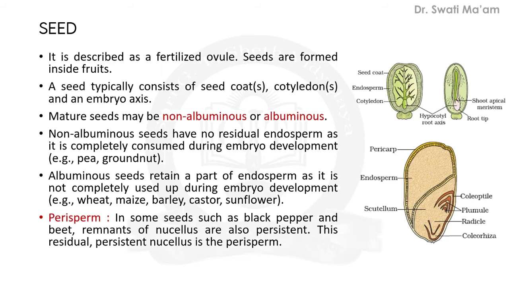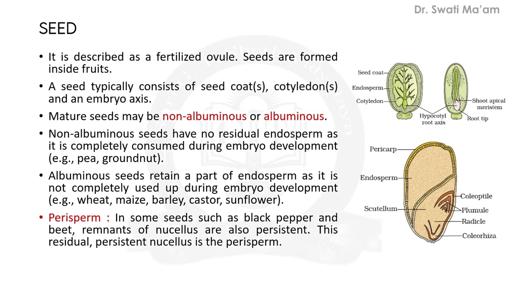Now here are the two different types of seeds. You have learned in 11th standard earlier about the structure of seeds. So basically a seed consists of seed coat, cotyledon and embryo axis. On the basis of cotyledons, two types of seeds are found: monocotyledonous seed and dicotyledonous seed. Dicotyledonous seed examples are bean or pulses seeds, and monocotyledonous seed examples are maize or any of the grains.